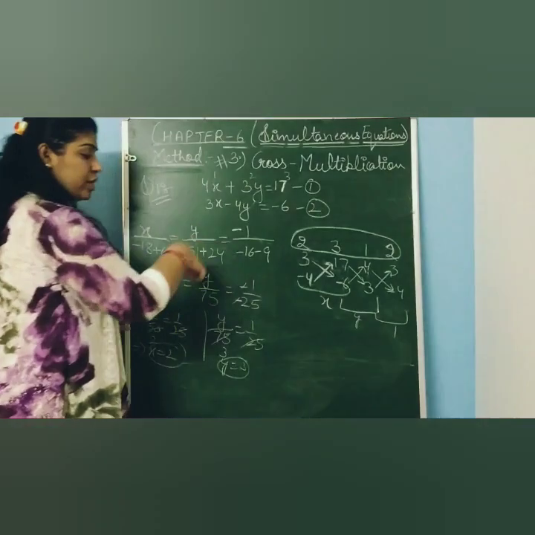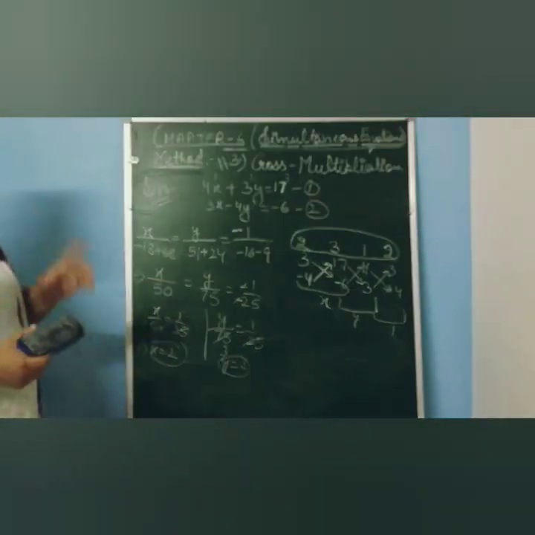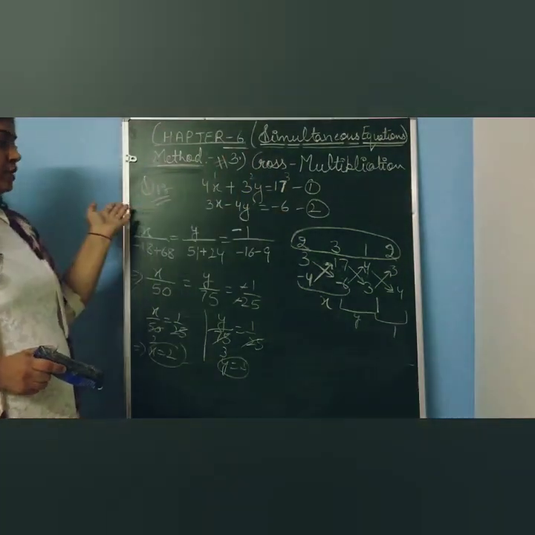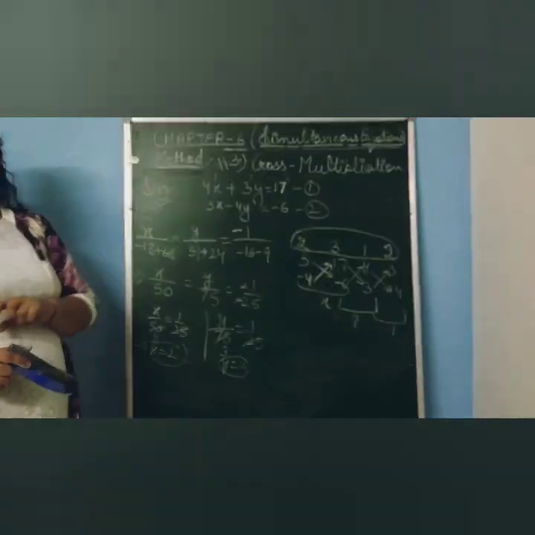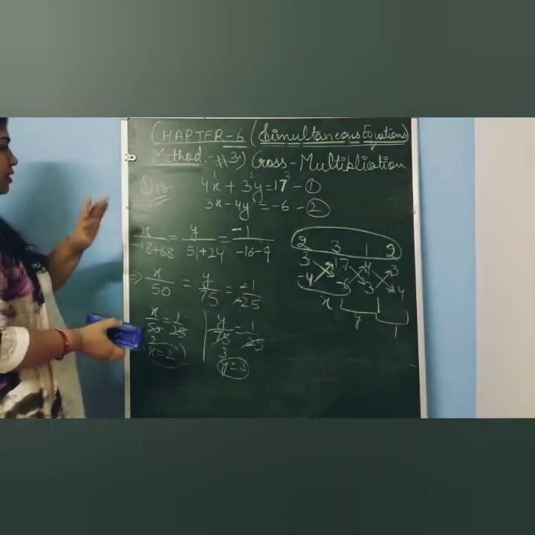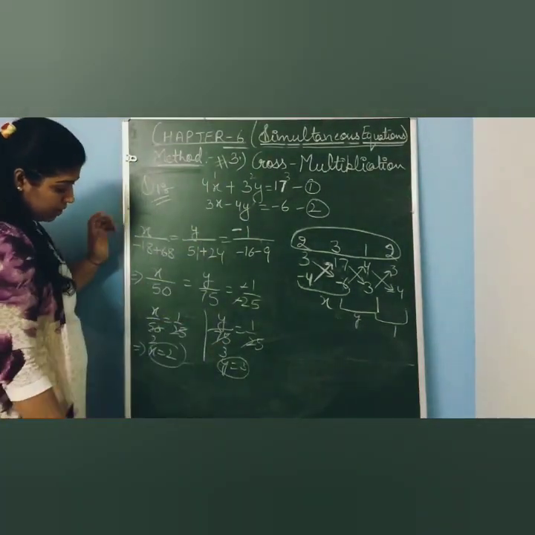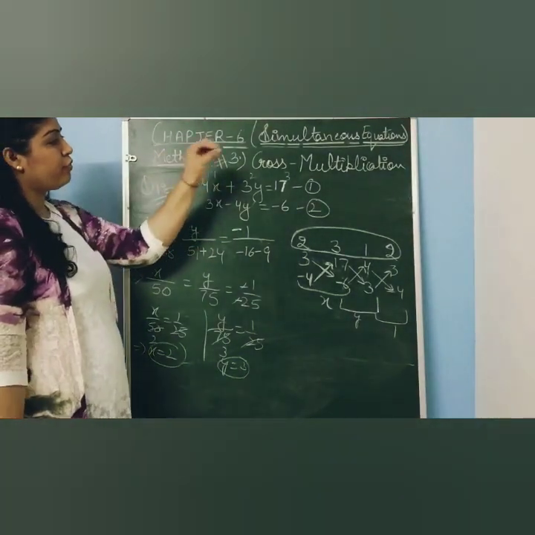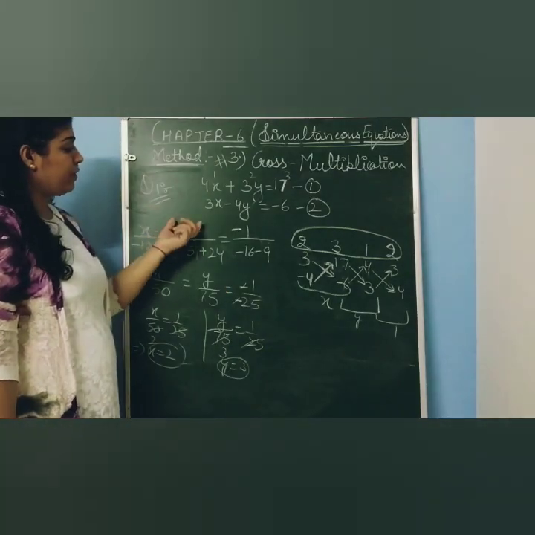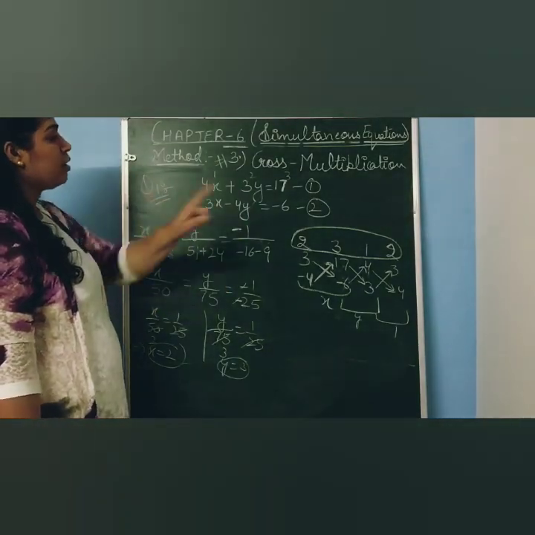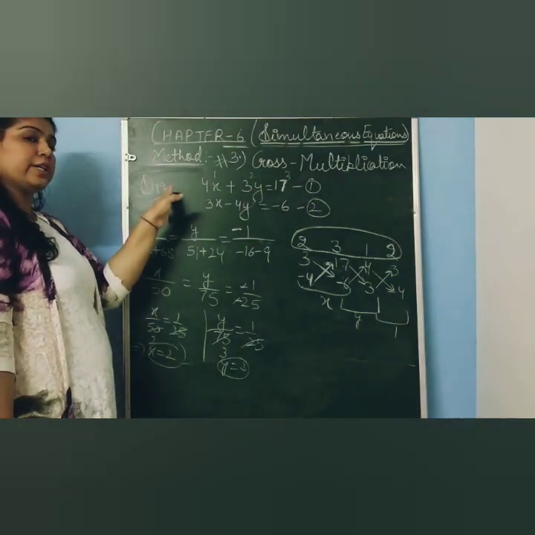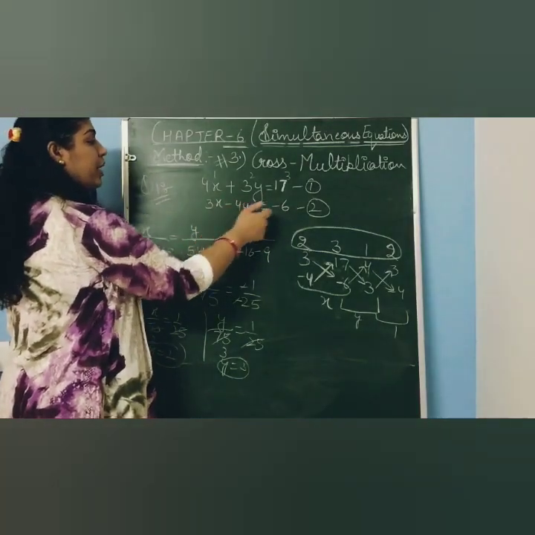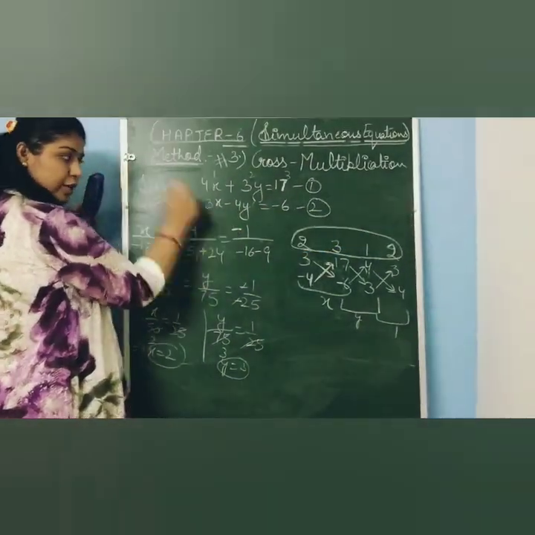See, the values are same in both the cases. But what is the difference? Here we are not going to shift our constant from right to left, and instead of 1 we have to write minus. This is a major difference between these two methods. Method of cross multiplication, you have to find out the value of x, y and the constant 1 when their constants are on left hand side. And if you put the constants on right hand side, that x and y is equals to some constant, then you have to write minus 1 here.